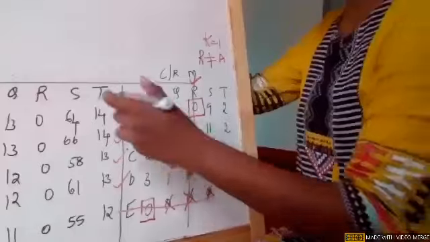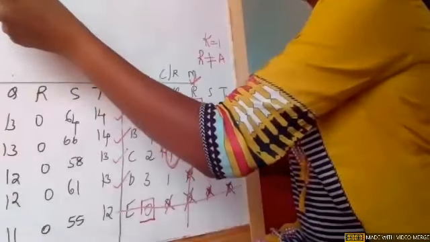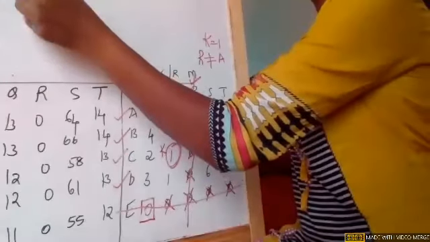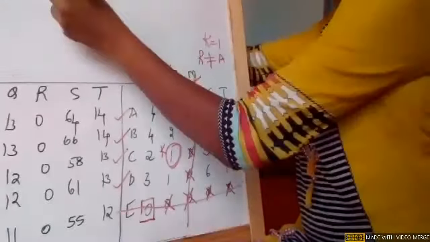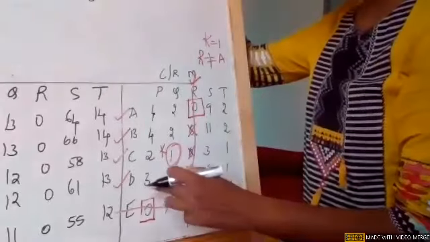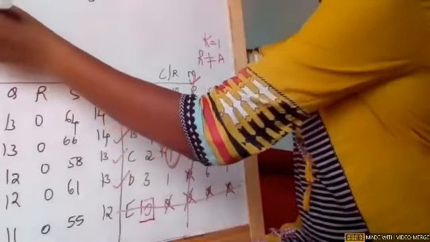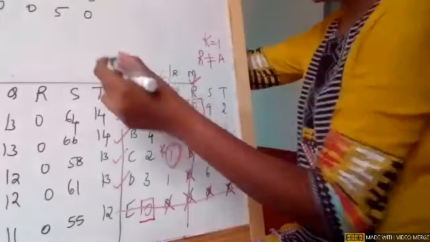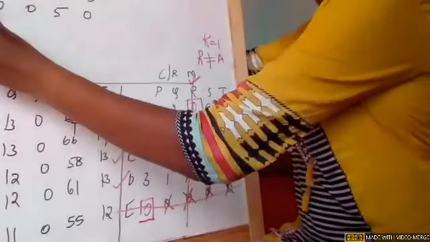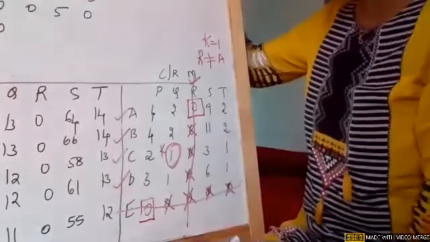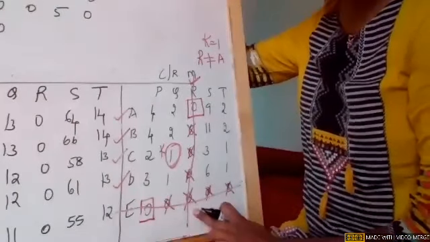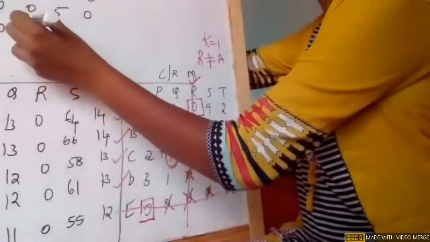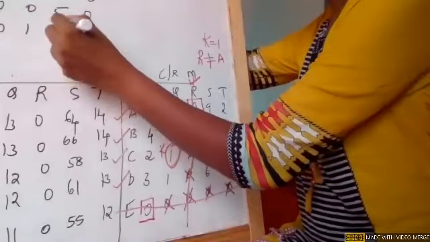Now come to the third row. 2 minus 1, 1. 1 minus 1, 0. 0 is covered with a single line. 2 and 0. Fourth row: 2, 0, 0, 5 and 0. Now fifth row, single line, 0, 0. When you see the combination of E and R, it is covered with 2 lines. So wherever there are 2 lines, you need to add. So 0 plus 1, it is 1, 0 and 0.